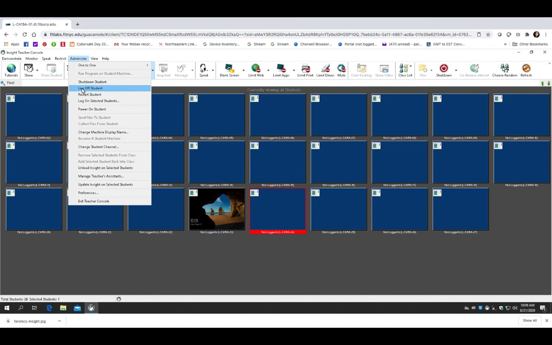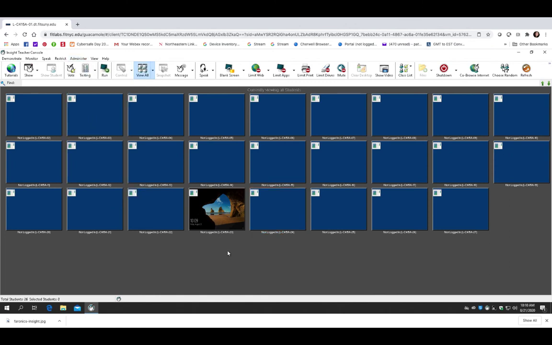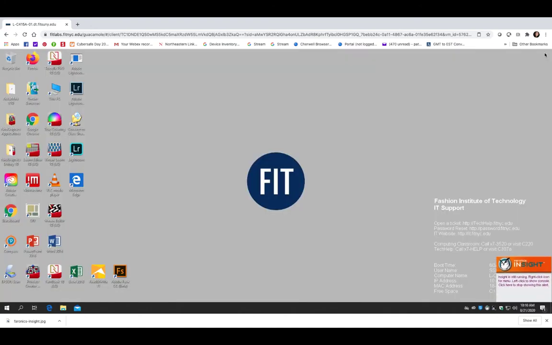Never shut down a student workstation. That would require a technician to be physically located on campus to power that computer back on to make it available for the next student. Always log off properly. To close Insight, to get back to the desktop on the FIT Remote Lab, locate the X button on the upper right-hand side of the screen. Click Close. You will now be back at the desktop inside the FIT Remote Lab to open the application you wish to teach in.